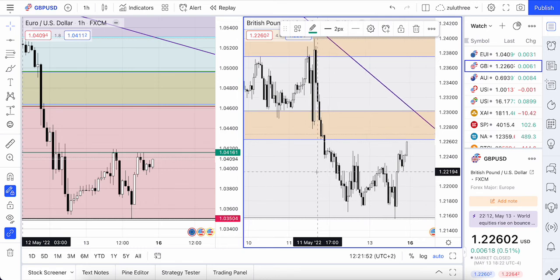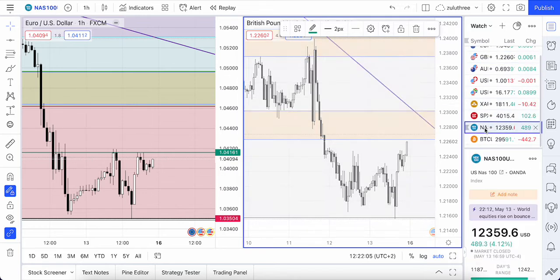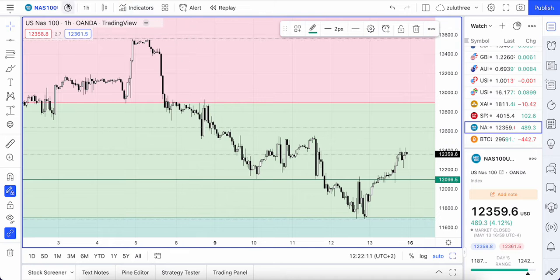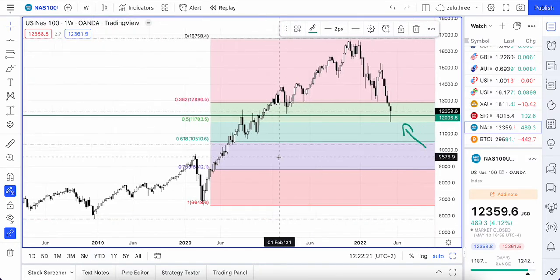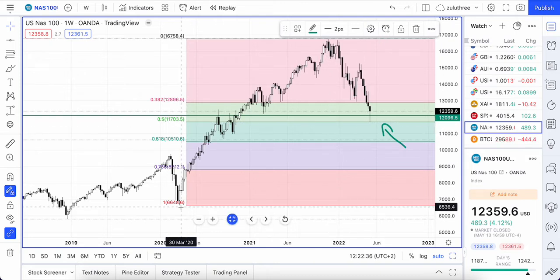Now, a couple of other things I've been looking at over the last while, and I've commented on them on Twitter, just out of interest. Two things. One is the NASDAQ and the S&P. Well, let's just have a look at the NASDAQ. This is the NASDAQ. And I'm just going to switch this over to a weekly chart. So this is the NASDAQ 100 tech stocks in the US. And I've still got the lines drawn on here on the weekly chart from, I don't know, several weeks ago, which I did post on Twitter as well, saying this would be the buy region over here at this first 50% Fibonacci retracement level